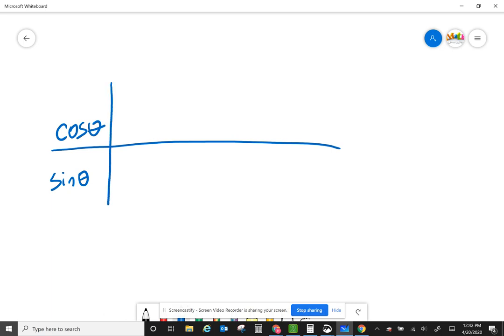I'm going to be looking at cosine of theta, and I'm also going to be looking at sine. I'll be looking at cosine and sine, and I'm going to create a table. Now, the important degrees, the special degrees that we have, I remembered in geometry, we deal with the 0 degree